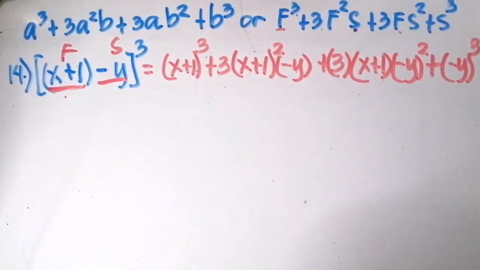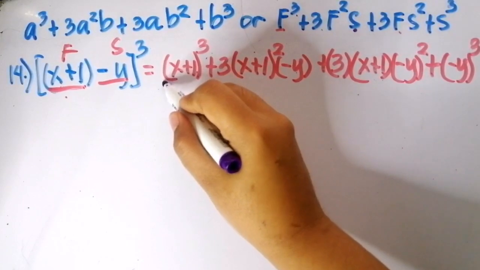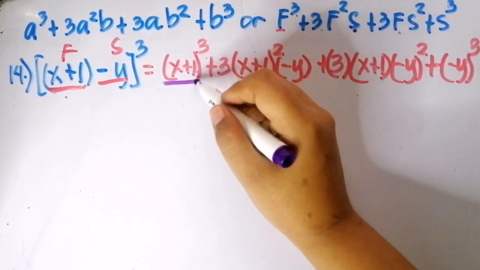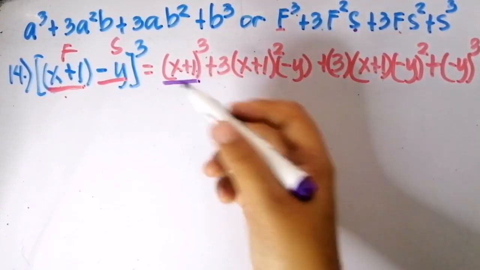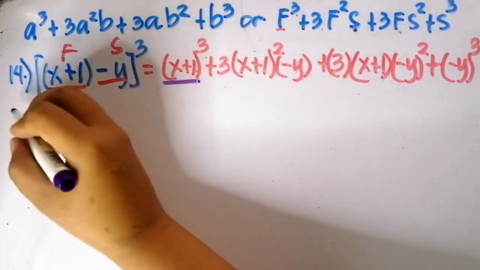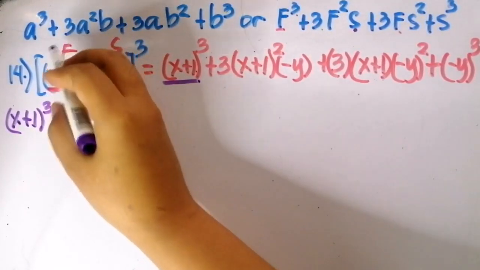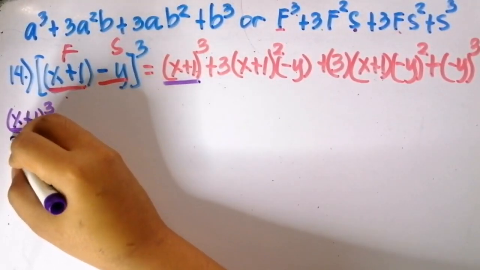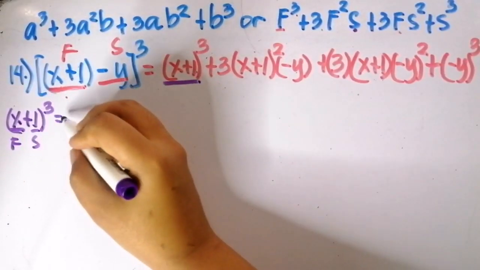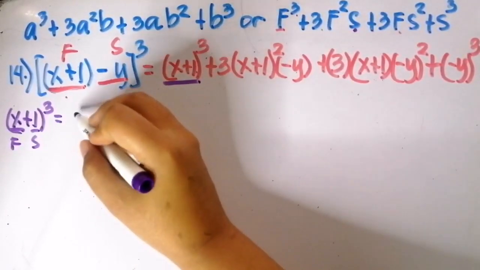Then simplify. Okay, so meron ulit tayo ditong binomial, cube of binomial. So kailangan muna natin itong isimplify. Ihiwalay muna natin yung solution. So, that is x plus 1 cube. Again, using this pattern, this is the first term and this is the second term. Ano ang first term dito? That is